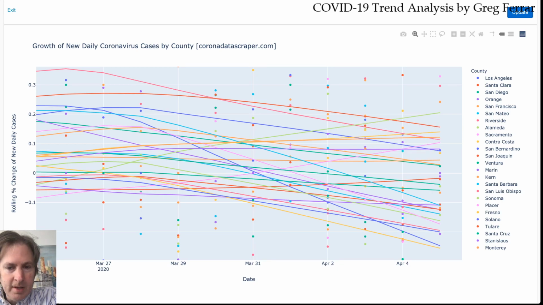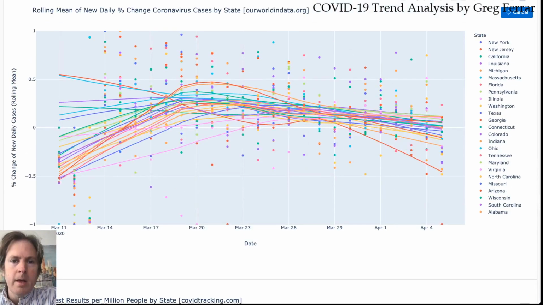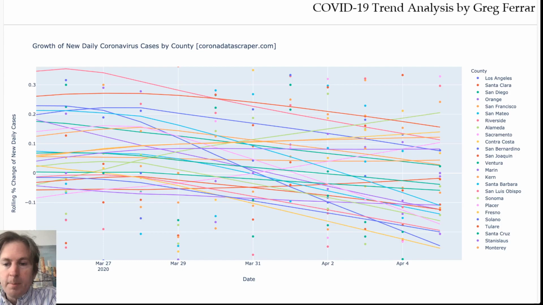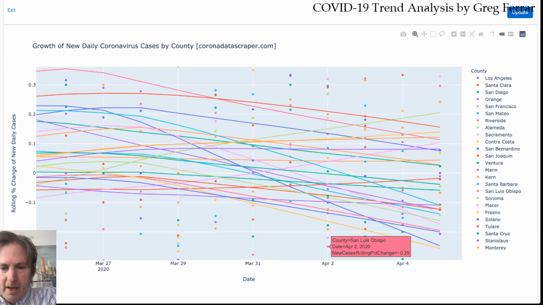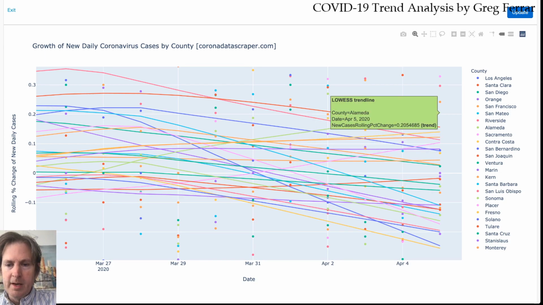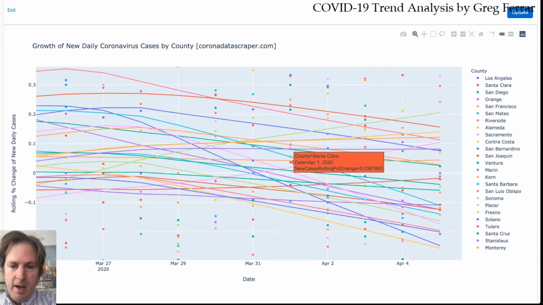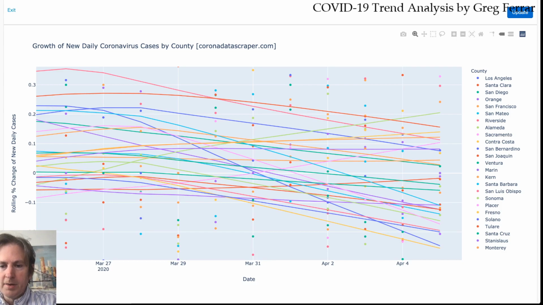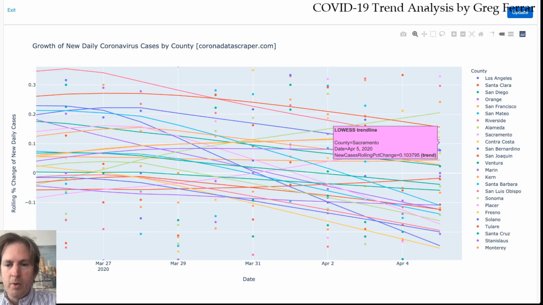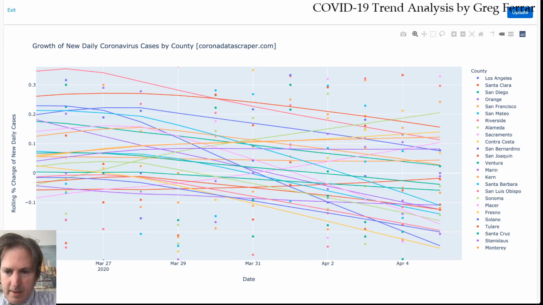Now the bad news here is that unlike the states, was it the states? Or was it the countries? Unlike something, doesn't matter what, this has upward trend lines for quite a few states, for a few counties. We see an upward trend of Alameda continuing. Alameda is the worst in having a 20% growth rate, but it's getting worse. The growth rate is getting worse. We see Sacramento County also near the top with more than 10% growth rate, but it's getting worse. And we see this one here,